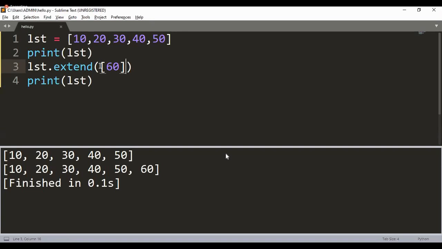I know it's funny when you correlate both these methods. Whereas with append method, if you want to insert a single element, you just write it as a single entity. No need for you to give a list. But when you want to insert multiple elements, append method will force you to give it in the form of a list. But look at extend method. It doesn't matter whether you have to insert a single element or multiple elements. It always expects an iterable type of object. See, very simple. Again, don't get confused.